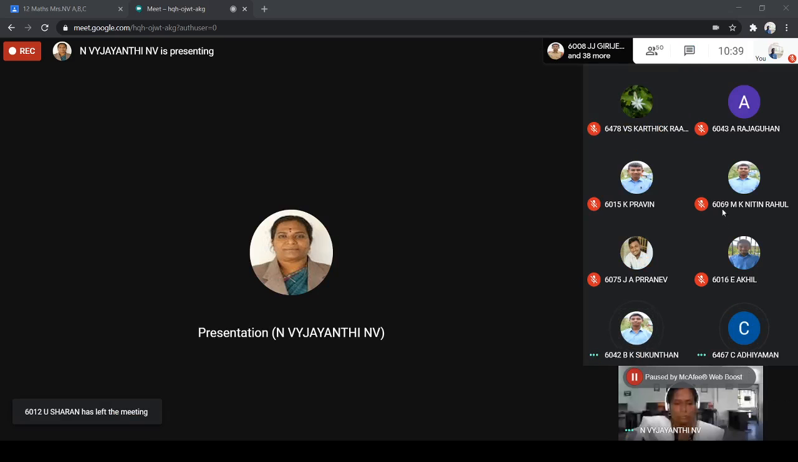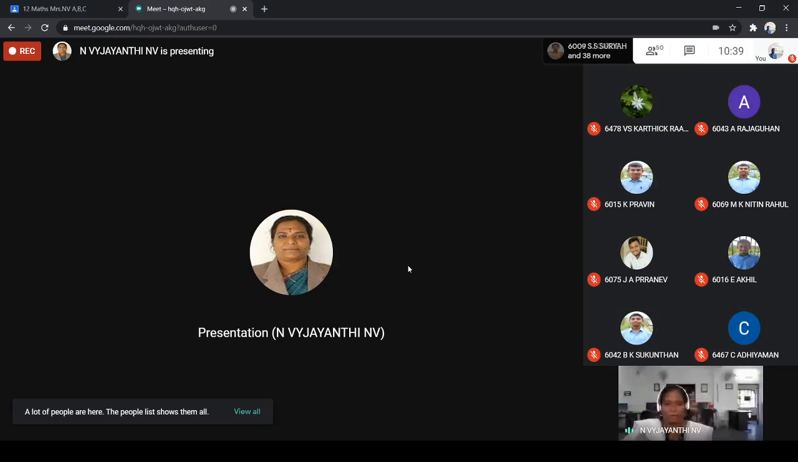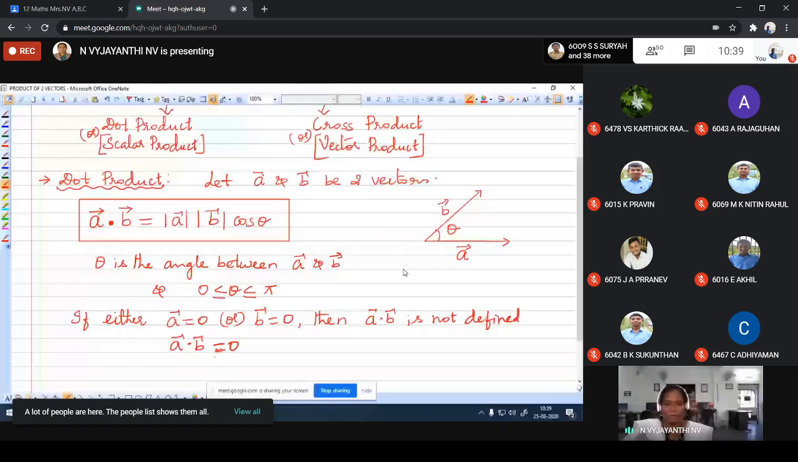Zero will be equal to 0. Not defined means it doesn't mean that it will be indeterminate form. It will be equal to 0. So we cannot find a dot b as a scalar value. It will be equal to